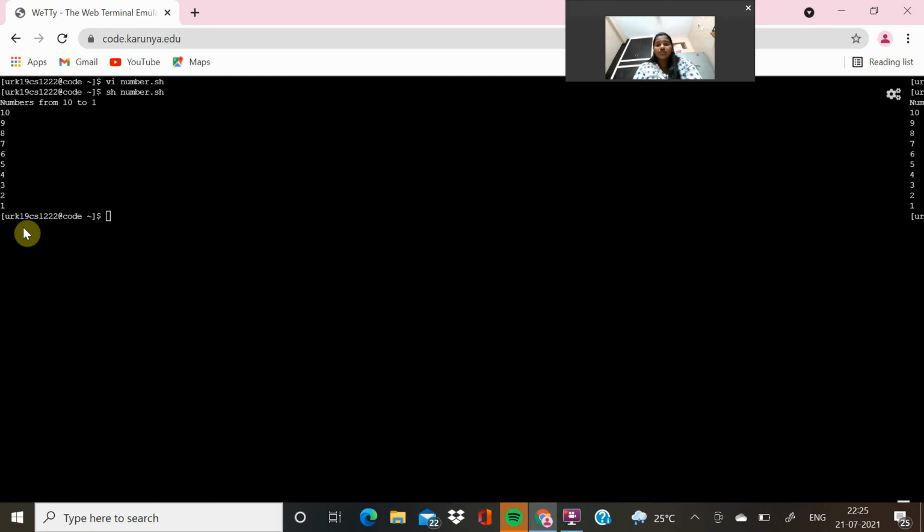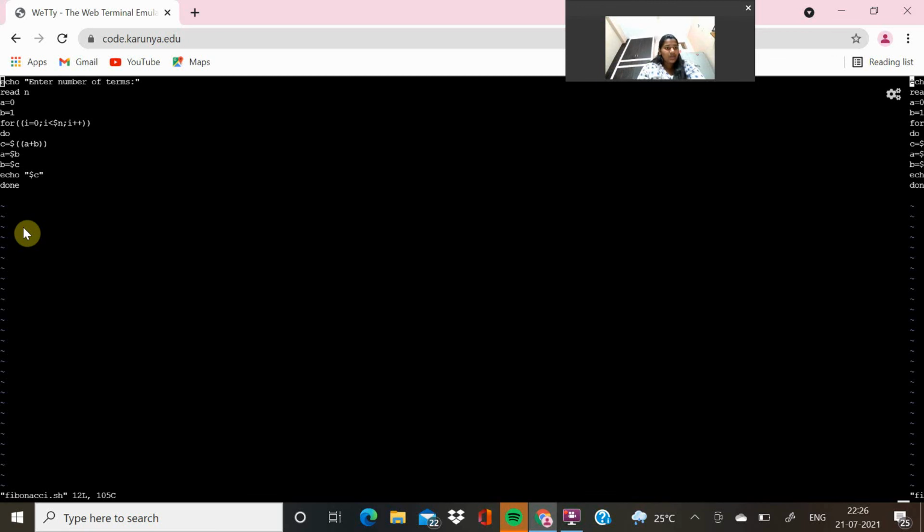And our next question is to find the Fibonacci series for the given number of terms. We open the visual editor, fibonacci.sh, and here we got our code. Echo statements mean printf statement in C, enter the number of terms.